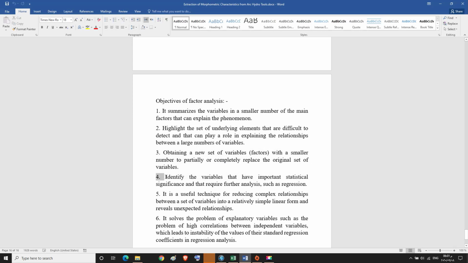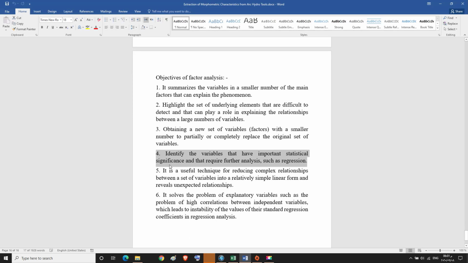4. Identify the variables that have important statistical significance and that require further analysis, such as regression. 5. It is a useful technique for reducing complex relationships between a set of variables in a relatively simple linear form and reveals unexpected relationships. 6.